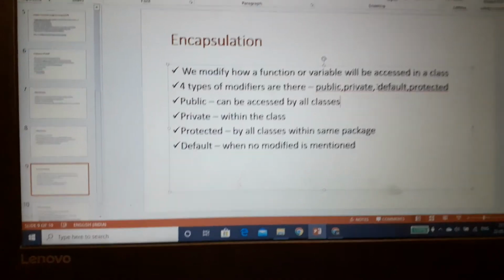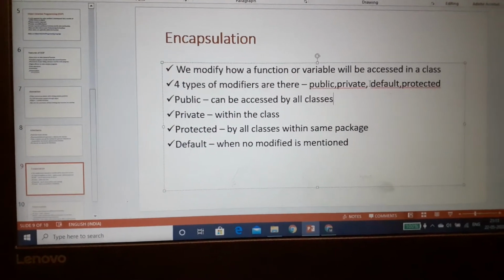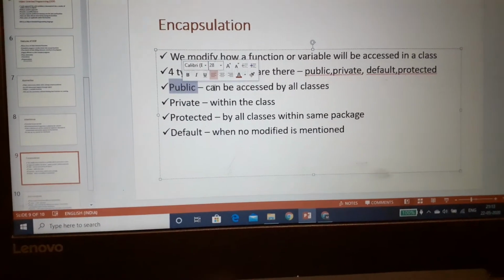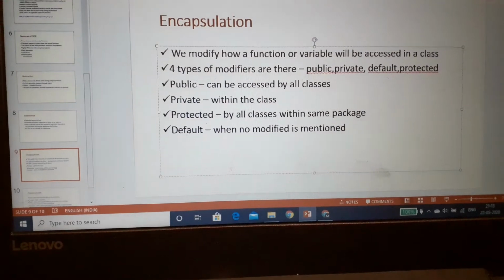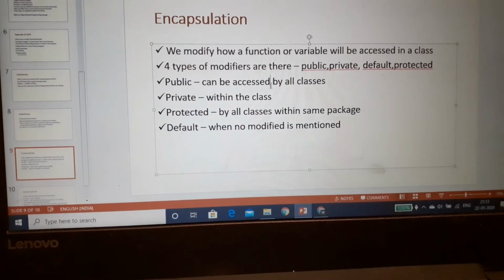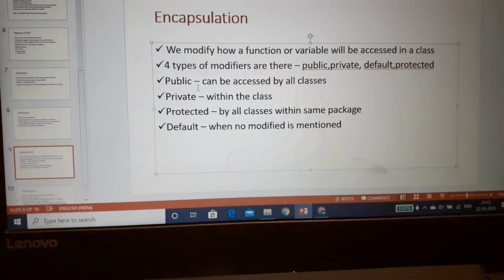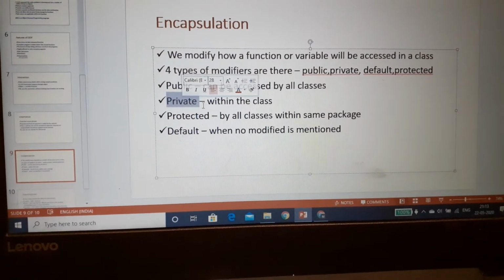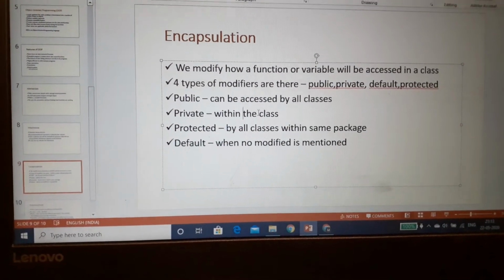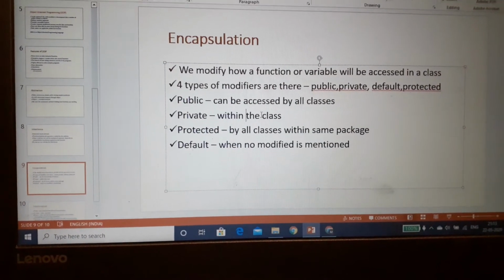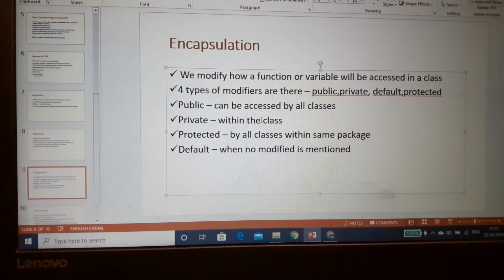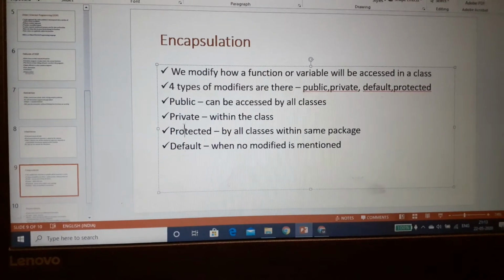These four types of modifiers are used in Java for encapsulation. Public, as the name suggests: when we declare some variable or function as public, then it can be accessed by all the classes. When we declare it as private, it is accessed only within the class. You cannot access it even from the same package. It is only accessible within the same class.